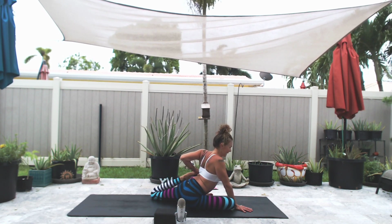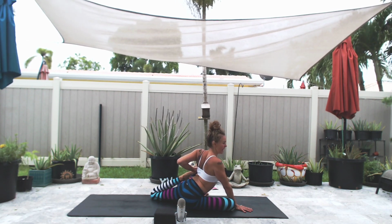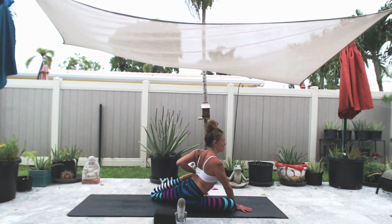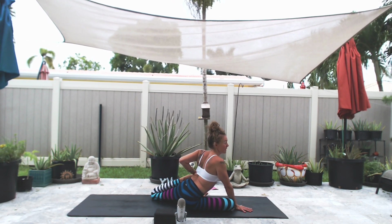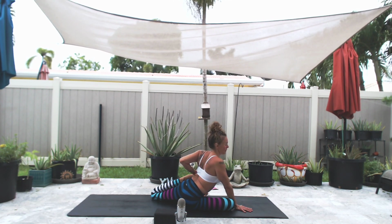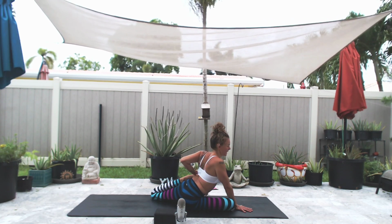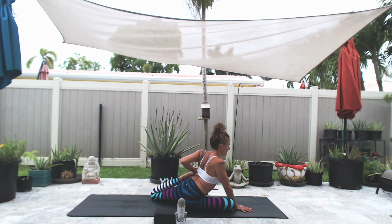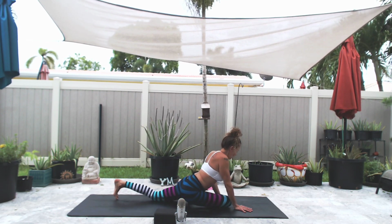Now for me, I like to bring my right foot in a little bit. That gives me more leverage, gives me more space to move my left quadricep, to feel a lovely sensation there. Feels a little like burning, like stretching, pulling. Awesome. We're going to gently release, tucking the back toes,